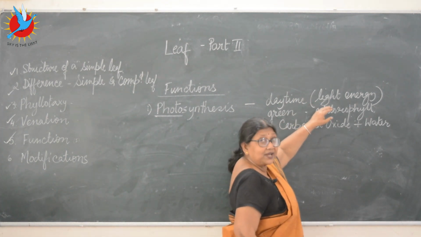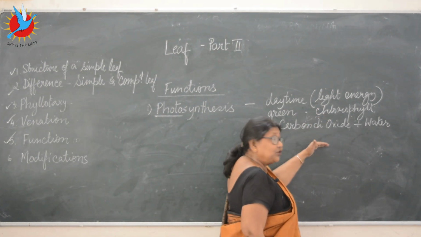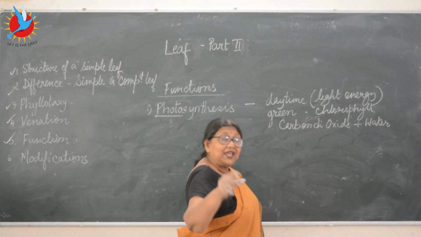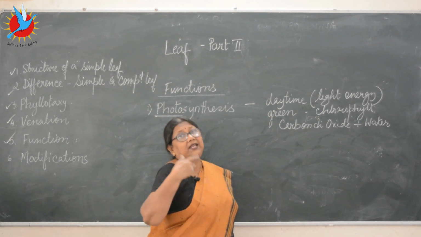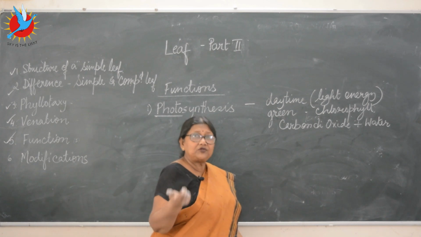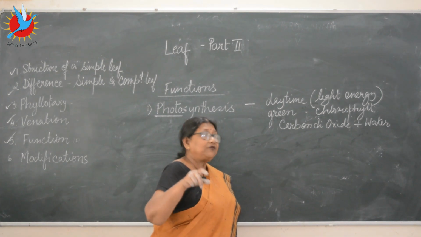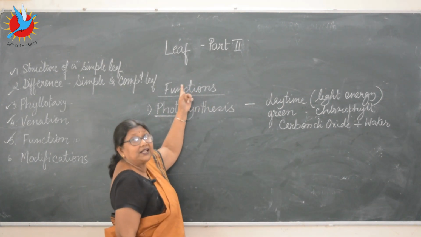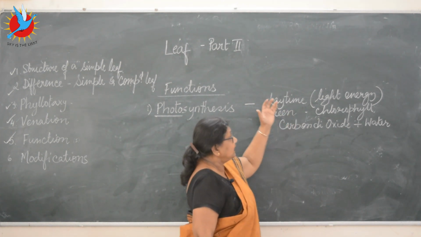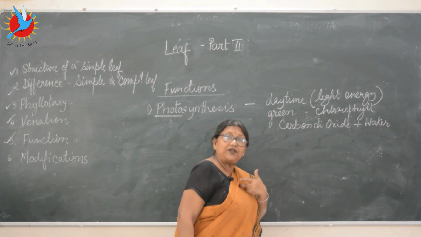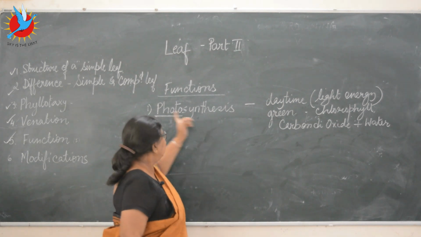This is very interesting. This is the energy absorbed by the chlorophyll, put into the plant, used in the form of food, and that is the energy we are using when we are eating the food. Whatever work we are doing, like I'm talking and you are listening, we use energy. We get energy from food. Who has put that energy into the food? The green leaves. They have taken that light energy, transformed it into chemical energy, and put it into the food, and that is the food we are eating and getting energy. So, isn't it a very important function? Right.